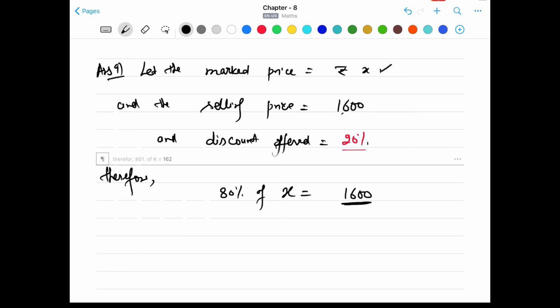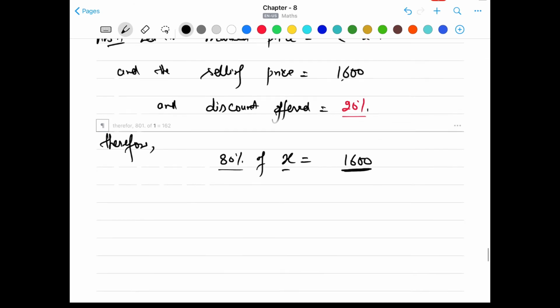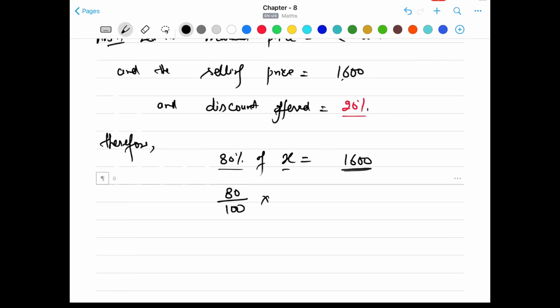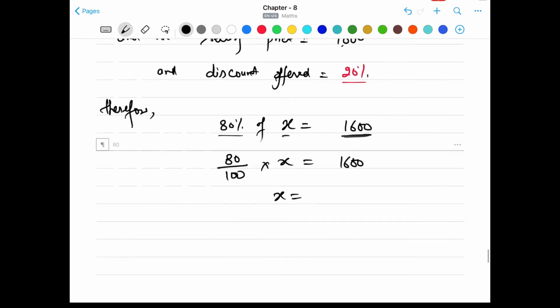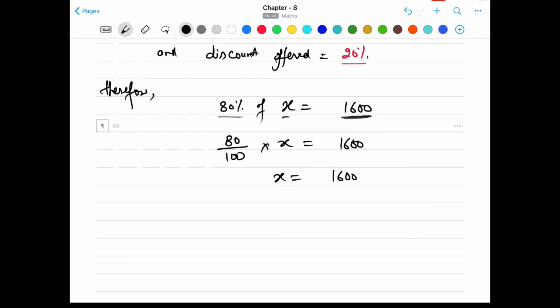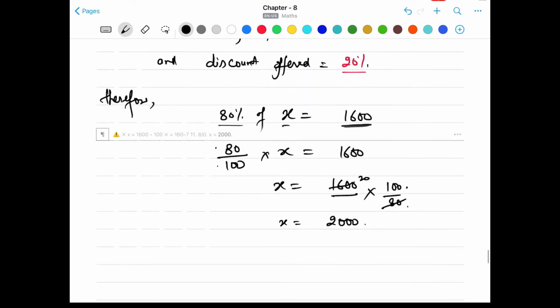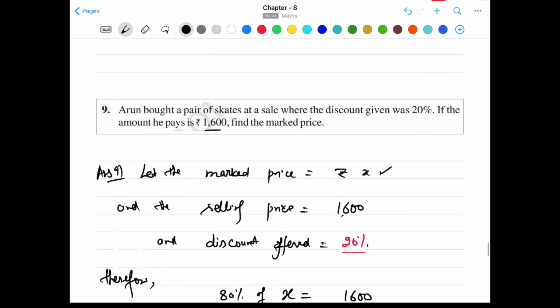That means this amount is paid after the 20% discount on the marked price. So this 80% means 80 divided by 100 into x equals 1600, or x from here will be 1600 multiplied by 100 and divided by 80. This 80 by 100 will become 100 by 80. This 80 will give us 20 here, and when you multiply that we will get 2000 as the answer. So the amount to be paid,